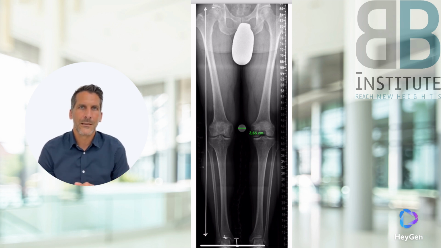Let's now look not at the leg length, but at the leg axis. So we take the center of the femoral head and connect it to the center of the tibial plateau. The tibial plateau is an area of the ankle joint. When connecting this line with a normal leg axis, you inevitably pass the knee joint.